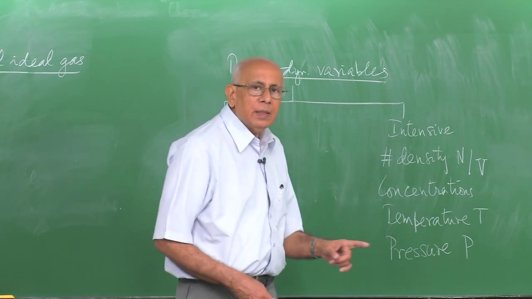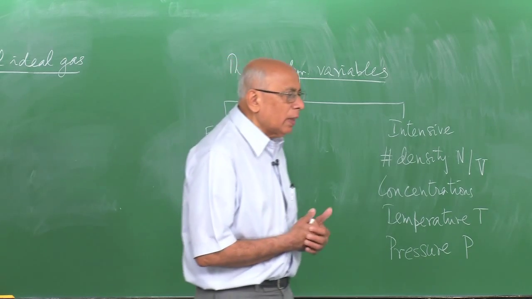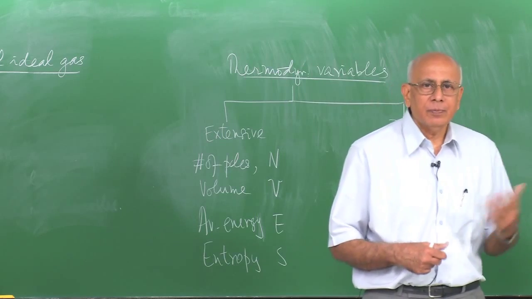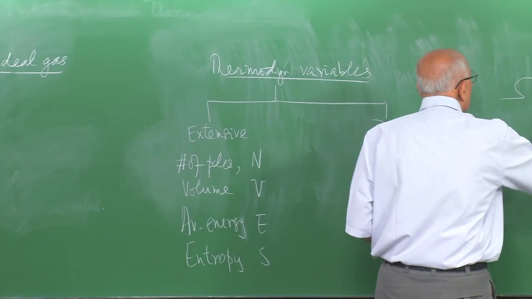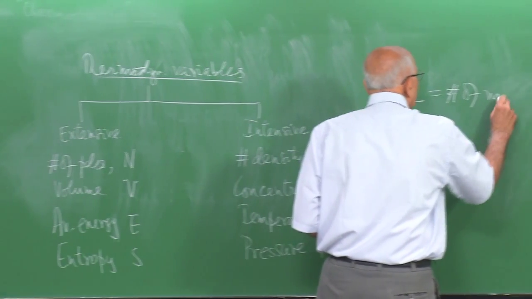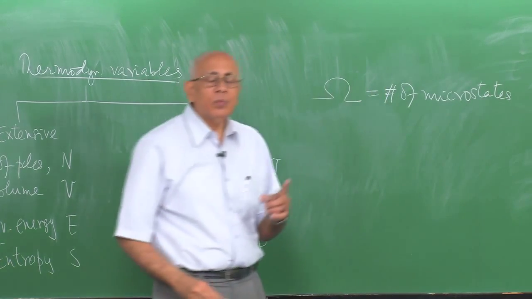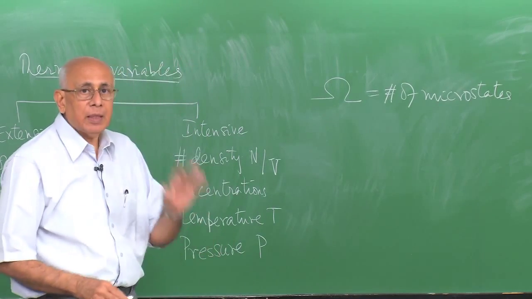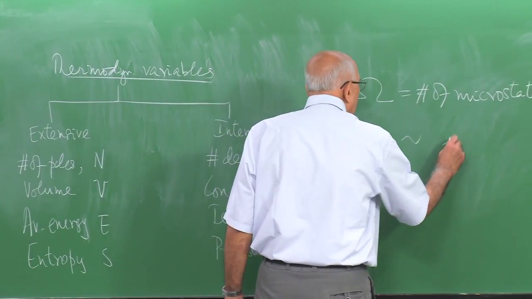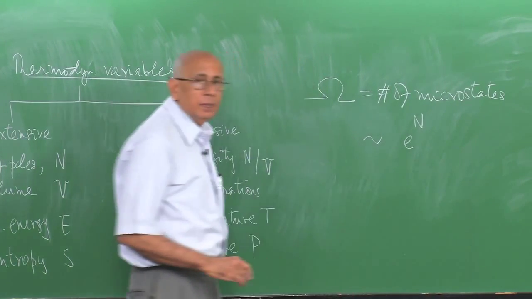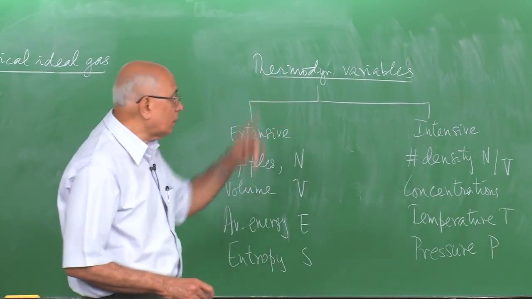I have already mentioned that if you have a macroscopic system with a large number of degrees of freedom, we can ask how many microstates it has. This number of microstates, if I call omega equal to the number of microstates of a system with N elementary constituents, capital N particles for instance, or molecules, is typically of the order of the exponential of N. It does not matter what is exponentiated, but it is the exponential of N here.